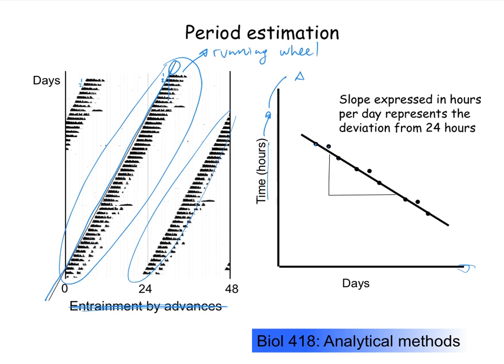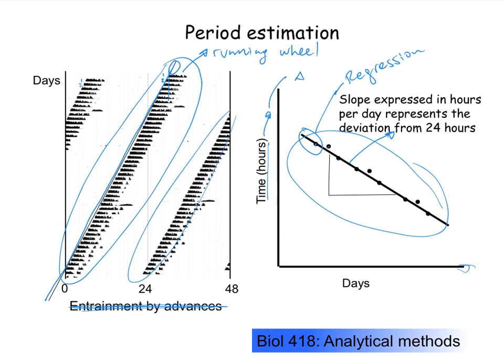So you plot those dots, and then you fit the best fitting curve, and you typically use regression analysis to do this. That's a statistical method that allows you to tell what is the best fitting line for this cloud of points. Then you can calculate the slope of that line, and what that slope means is how much the period of this animal deviates from 24 hours on successive days. So in this case it's negative, let's say the slope is minus 0.5 hours,